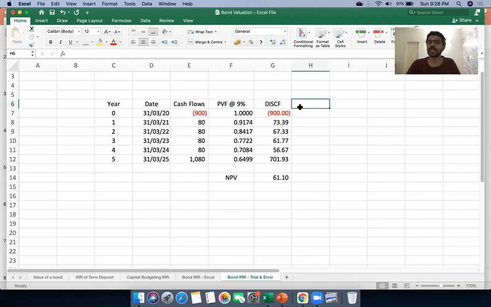Now I'm just increasing 9. So now if you actually see, I have a positive NPV and I have to reduce the NPV to 0. My target is to bring the NPV down to 0. All right, to bring the NPV down to 0, I need to increase the discount rate, right? Because NPV and discount rates are inversely correlated. When the discount rate goes up, NPV falls down, right? So I want the NPV to fall from 61 to 0, and therefore I'm increasing the discount rate by, let's